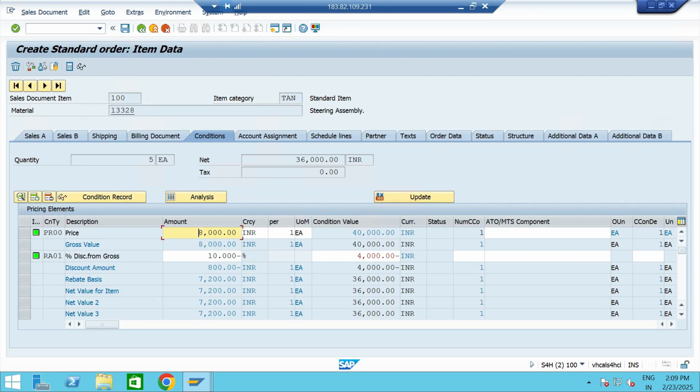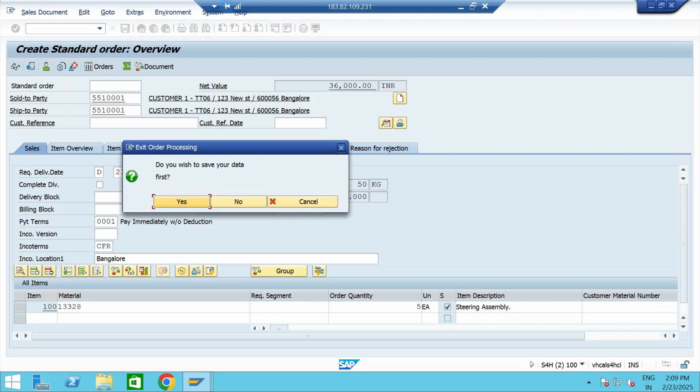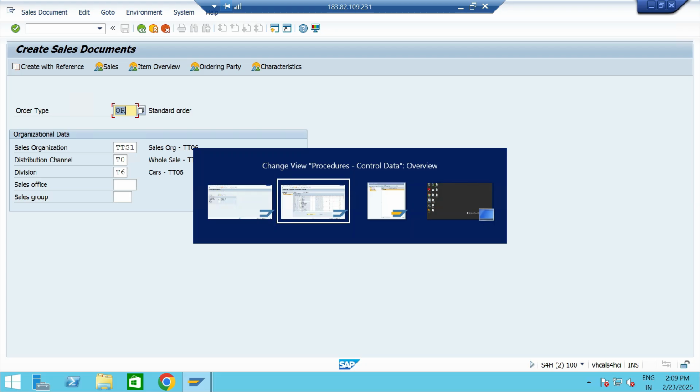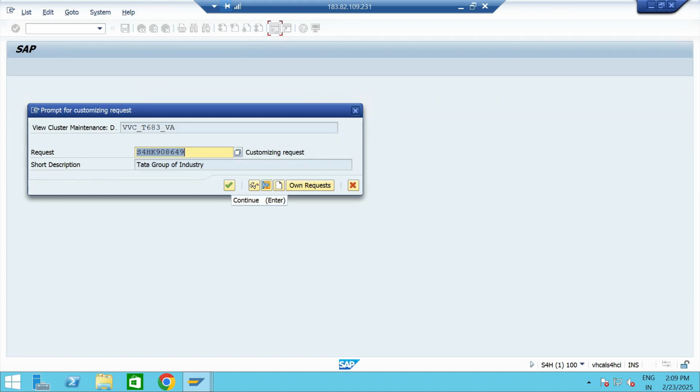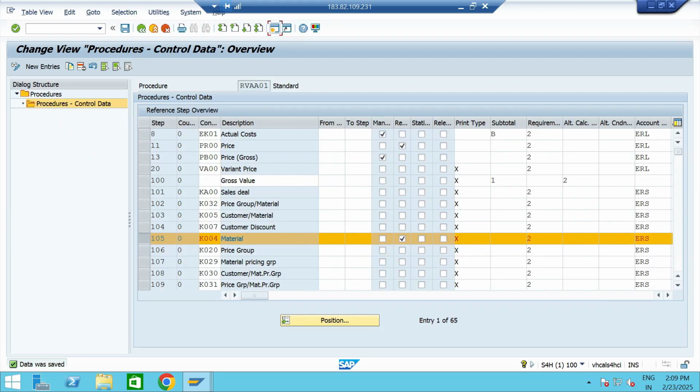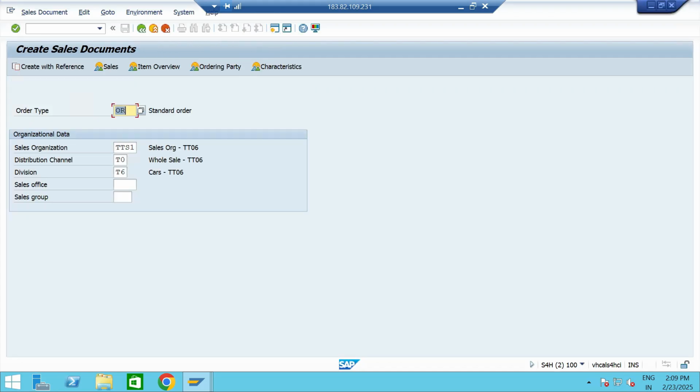So PR00 is a mandatory condition type, a required condition type. So go back. I'm going to select the particular condition type as required, K004 material, and save the data. Then enter VA01,